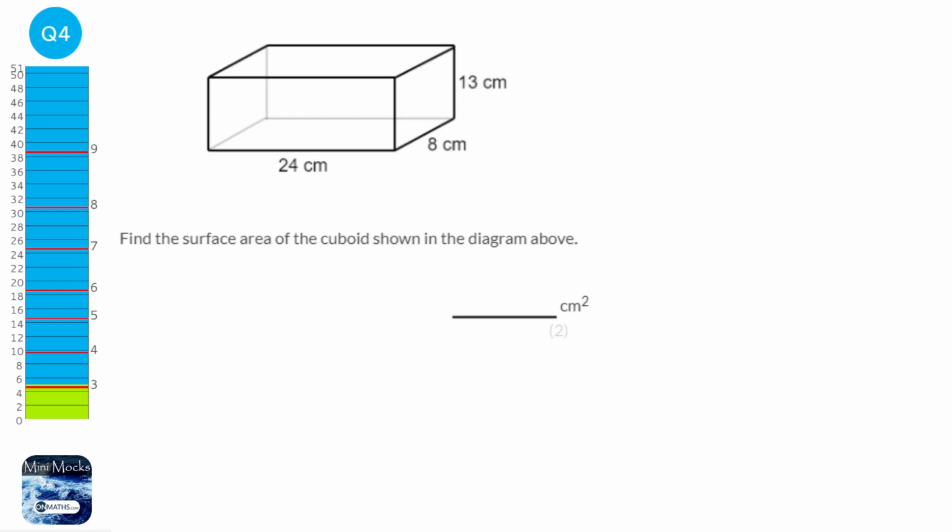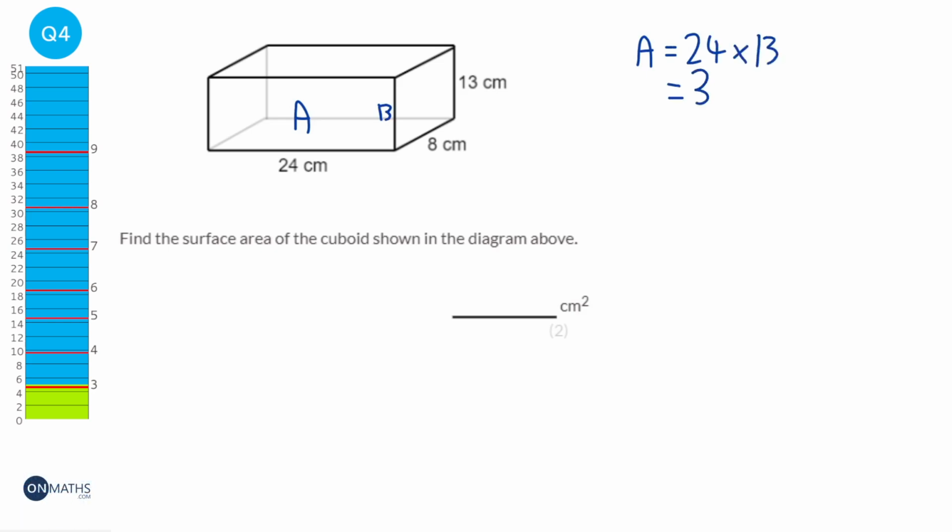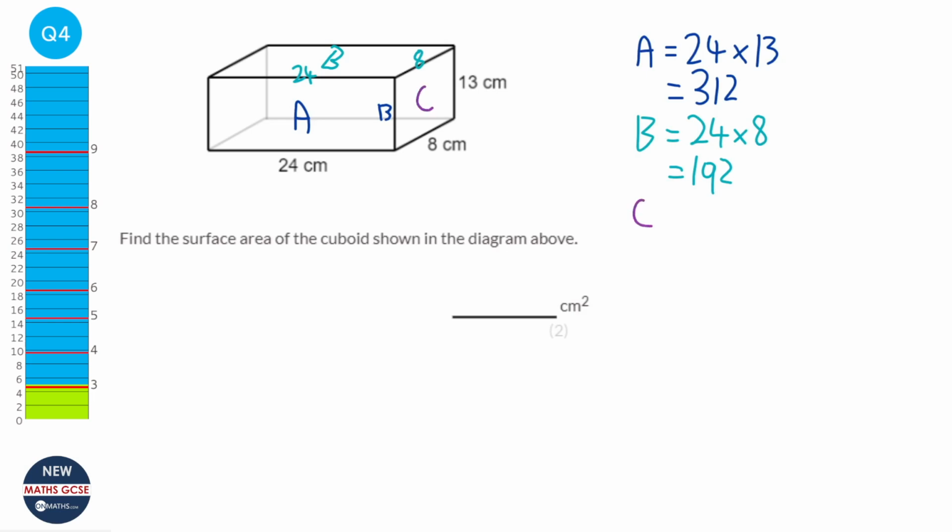To find the surface area of the cuboid, I'm just going to label the faces and do them individually. So we've got A, which is 24 by 13. So we're going to do 24 times 13, which is 312. Next we're going to do B, which is this one at the top, and it's 24 across and 8 is the length. So 24 times 8, which is 192. And finally C on this side here, which is going to be 13 times 8,